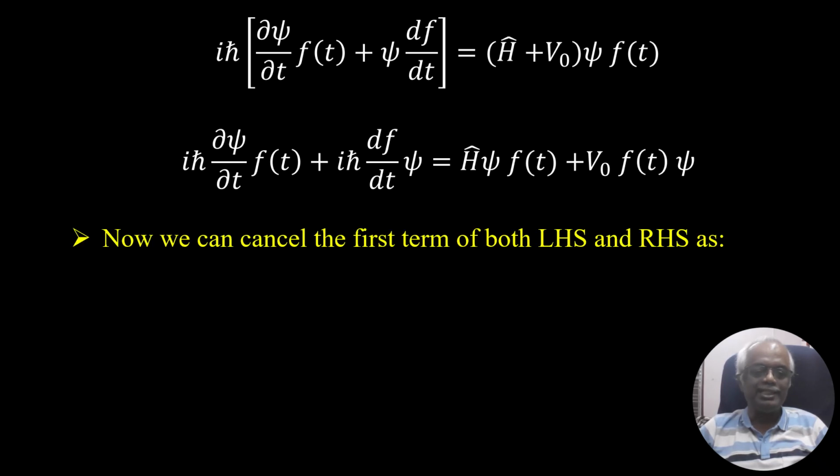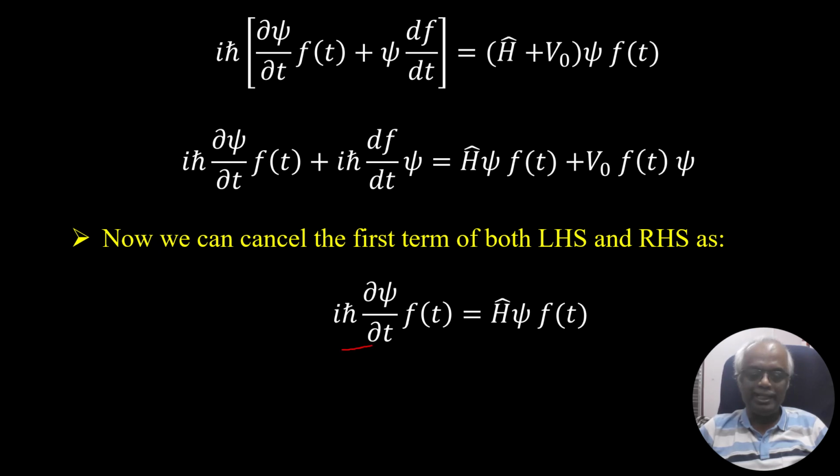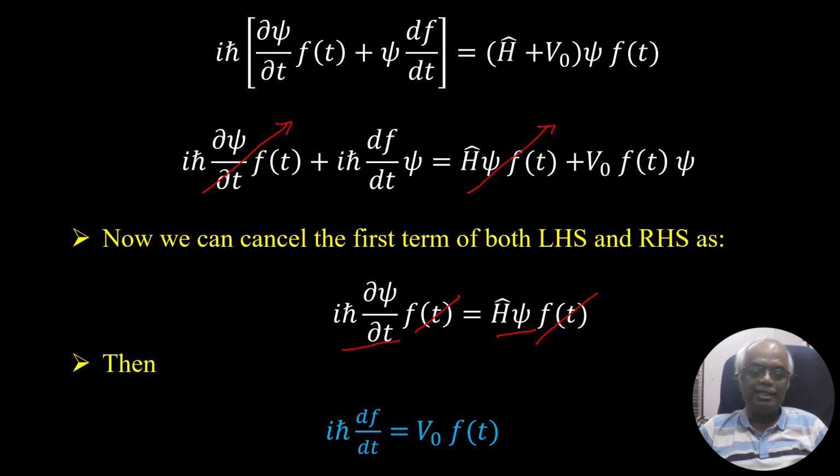Here you can cancel the first term of both the left hand side as well as the right hand side, because iħ ∂ψ/∂t times f(t) is equal to Hψ. Specifically, iħ ∂ψ/∂t is equal to Hψ. Of course, you can cancel this f(t) and this f(t). So both are equal. Then we can cancel the first term of the left hand side as well as the first term of the right hand side. Then what you will get is